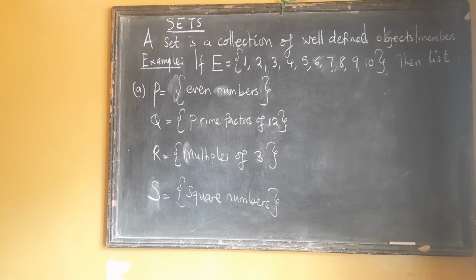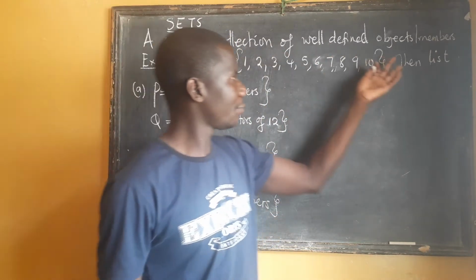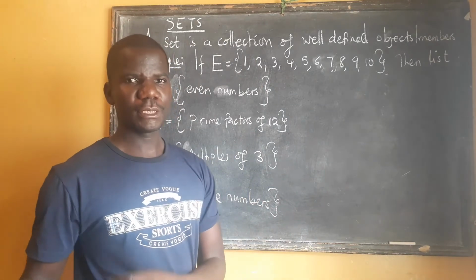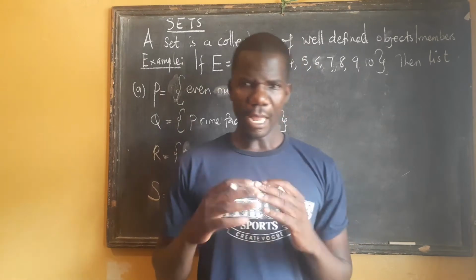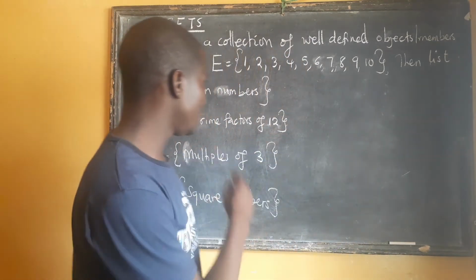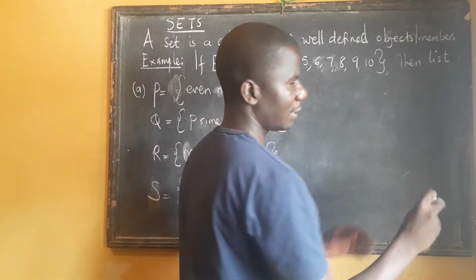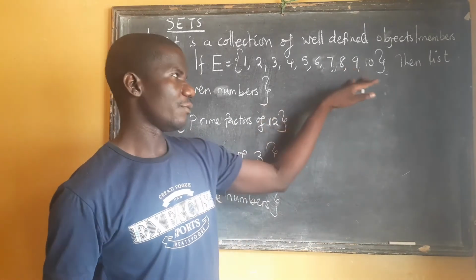Okay? So, we have an example here. I defined what a set is. A set is a collection of well-defined elements. Then I wanted us now to see how those numbers apply. And I want you to get familiar with those terms. You read through them, then it will be easier to come and understand this. This is the universal set, the set that gives us all the elements that are under consideration. This is the universal set here.